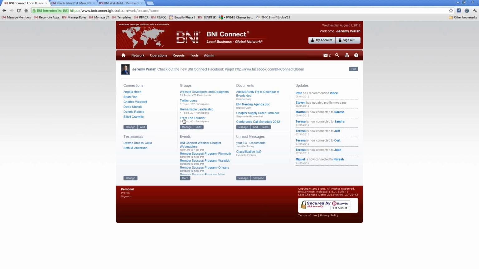So for example, you may not see this admin menu. You may not see the tools menu. And that just means that you don't have any permissions within that part of the system. And also, when you click on operations, you only see chapter. And if you're a regional person, if you're a director consultant like Ray is, then you'll probably see operations region